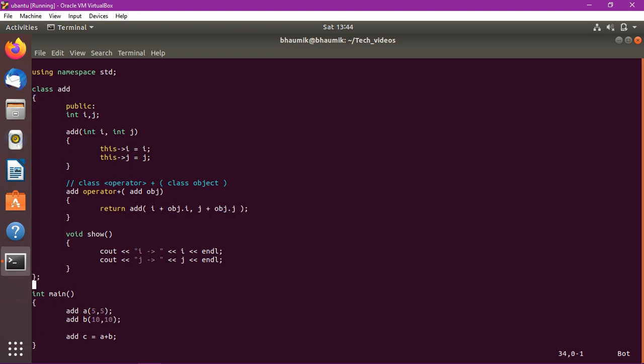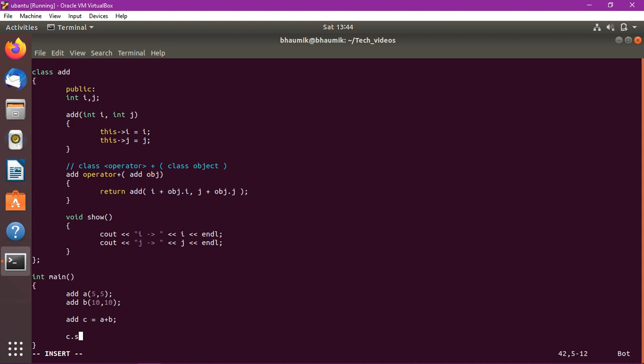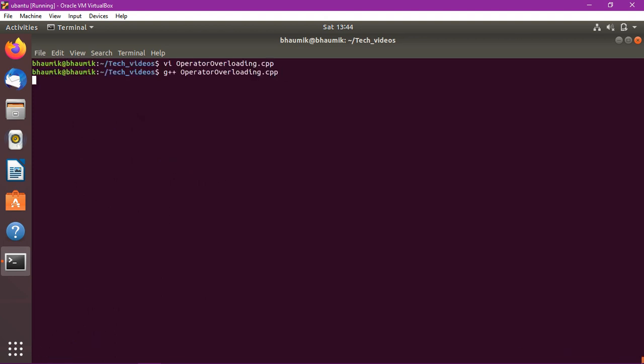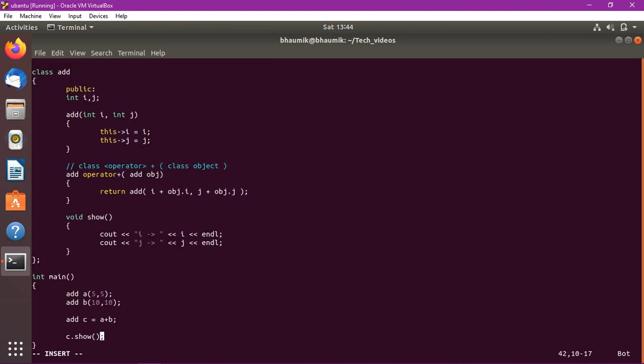Let's print the values. c show. See, both the values are 15 and 15. Now let's change the values: 11, 22, 11, 11.